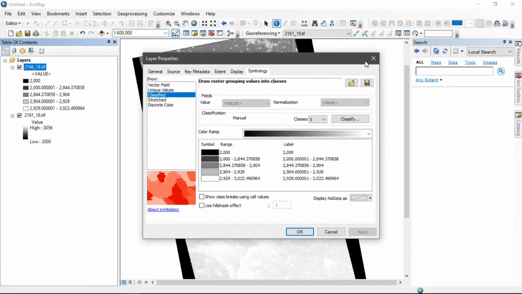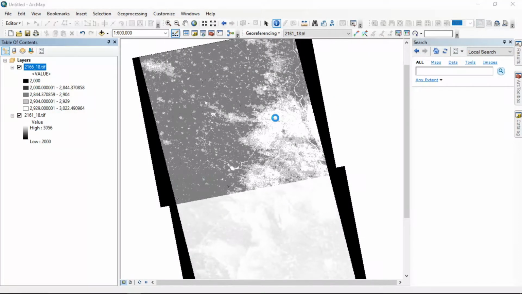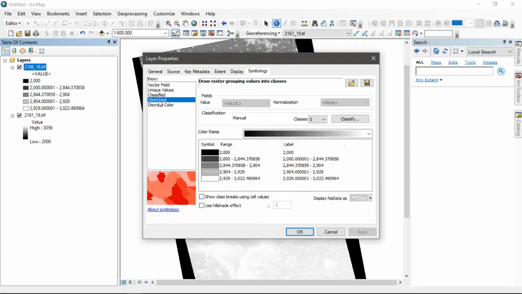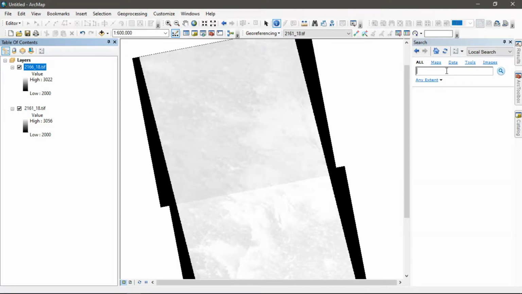So for that we need to search for the raster calculator.